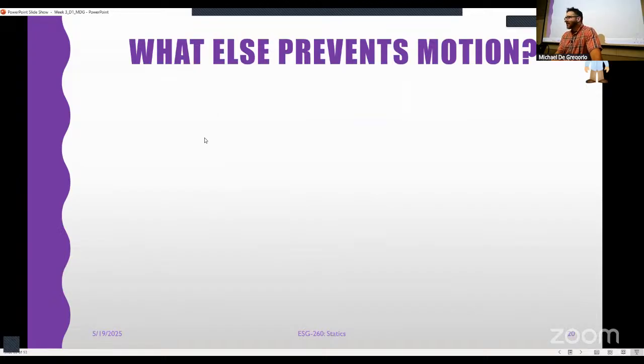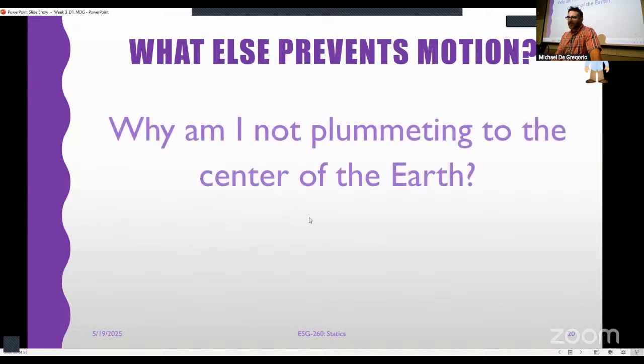Okay, here's a question for you guys. What else prevents motion? Friction. Here's a follow-up question. Why am I not plummeting to the center of the earth right now? Yeah, the normal force. It's the same reason why when Spider-Man lands and he only uses one hand, the ground is fine and everything's cool. The ground, the table, right? So reactions there are similar to rockers and rollers. If you have contact with something, there has to be a force as a reaction. So a normal force is a reaction, okay?